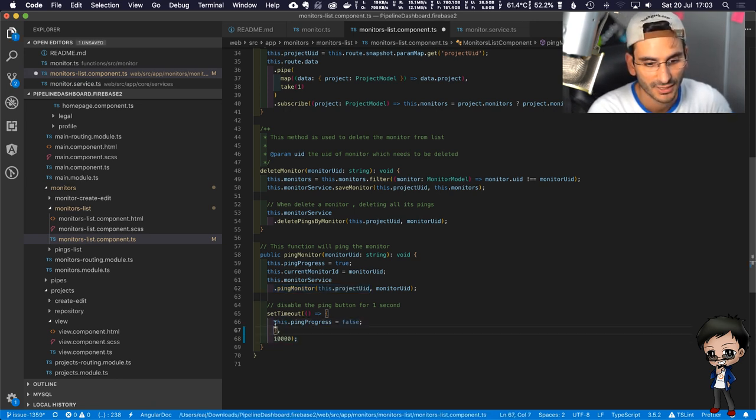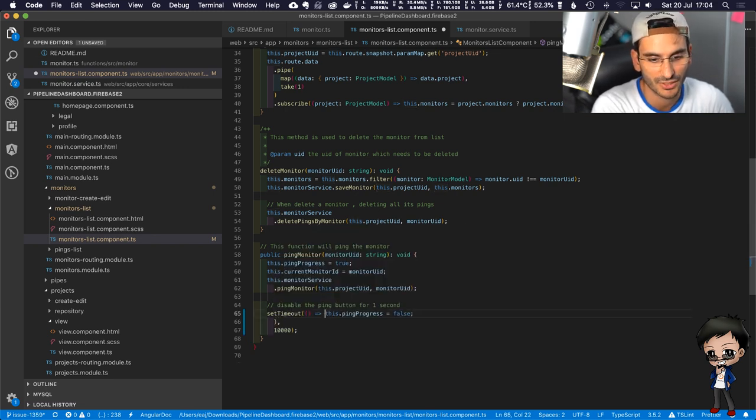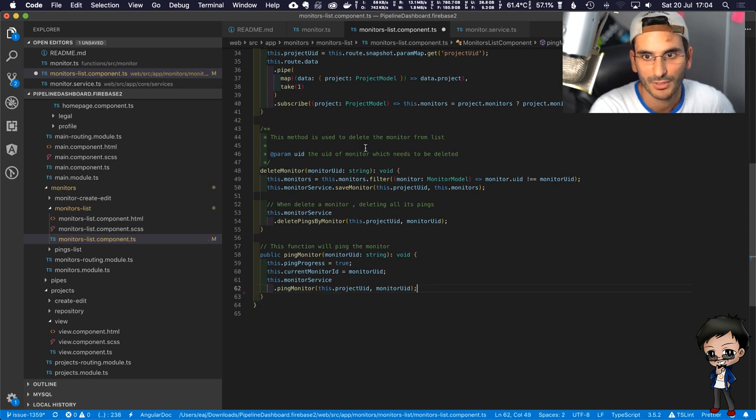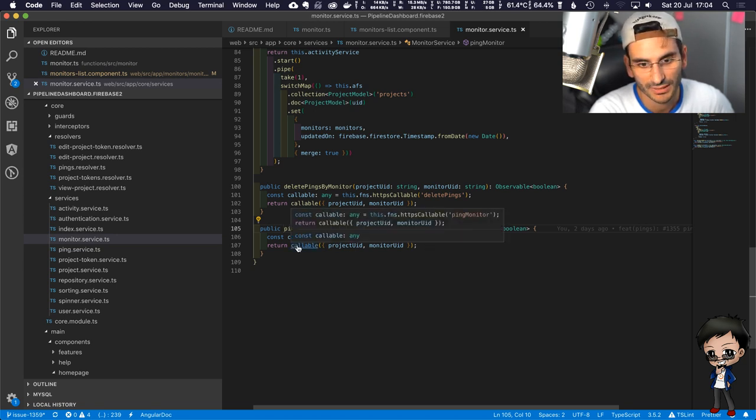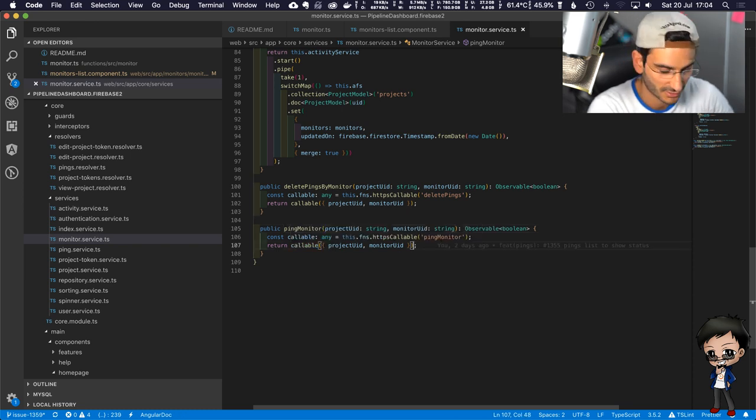So I think, let me just put it all in one line just for easier reading for me and less to move. And then it's 10 seconds. So what I'm going to do is I'm going to cut those two lines out. And I want to go to the service. In here on the, because it returns an observable, right? I'm just checking it does.